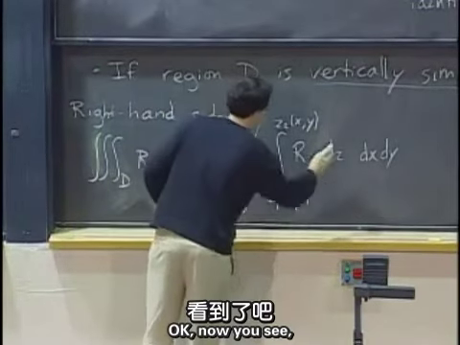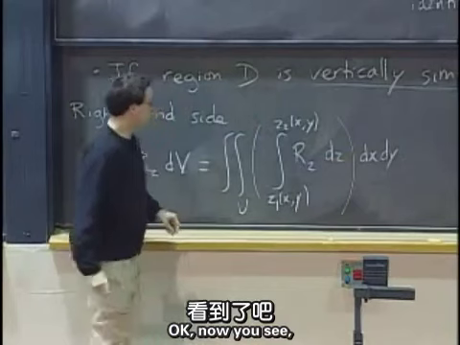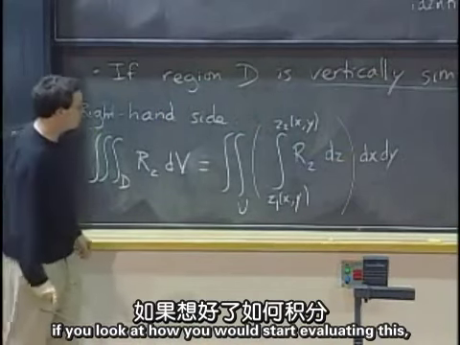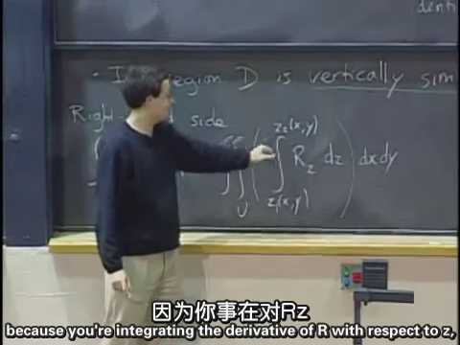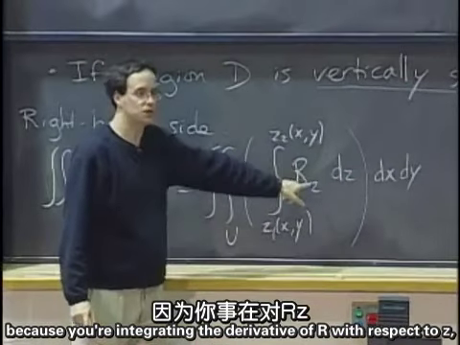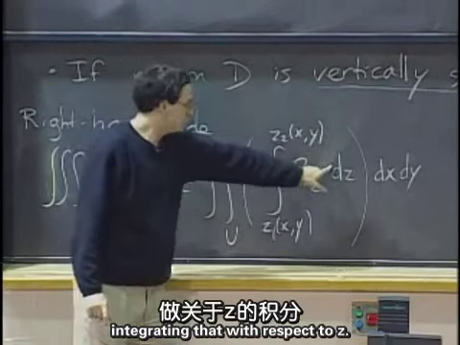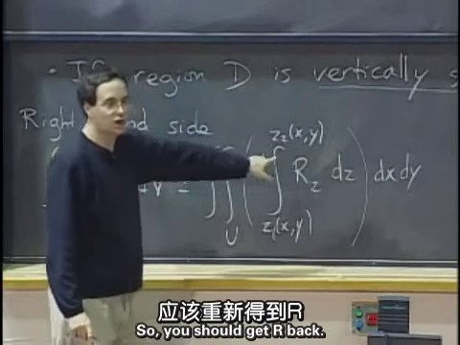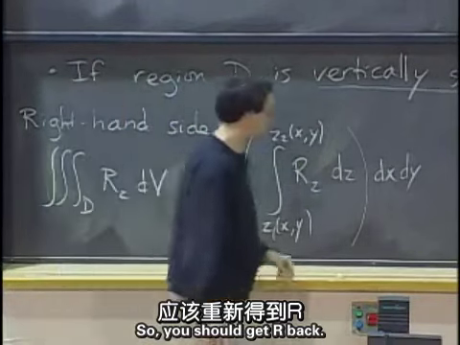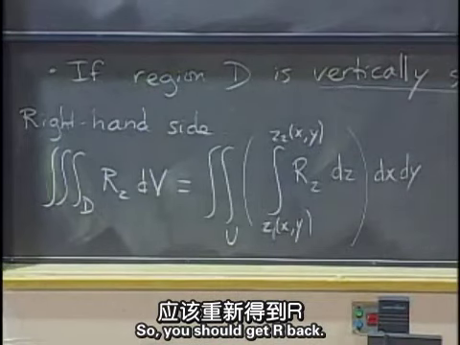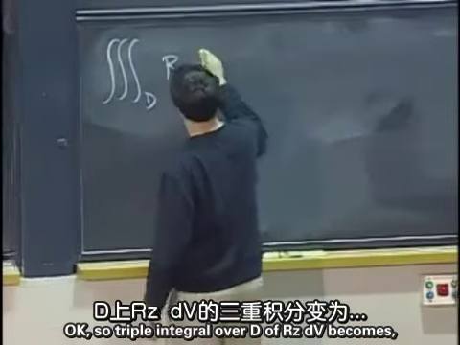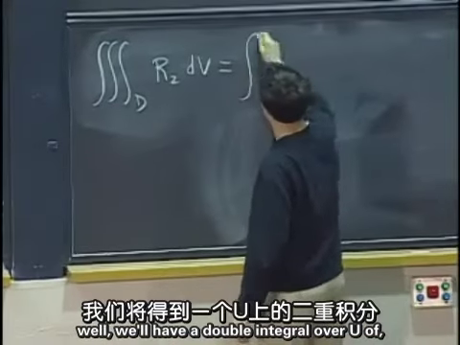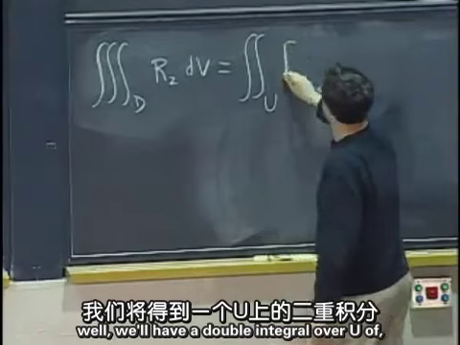Now, if you look at how you would start evaluating this, the inner integral certainly is not scary, because you're integrating the derivative of R with respect to Z, integrating that with respect to Z. So you should get R back. So the triple integral over D of Rz dV becomes a double integral over U of,